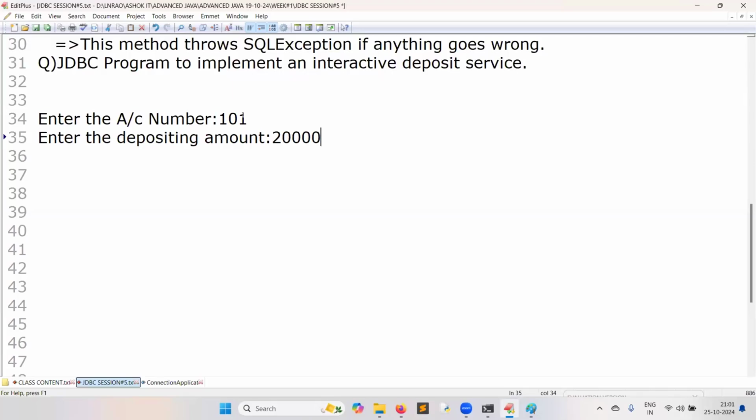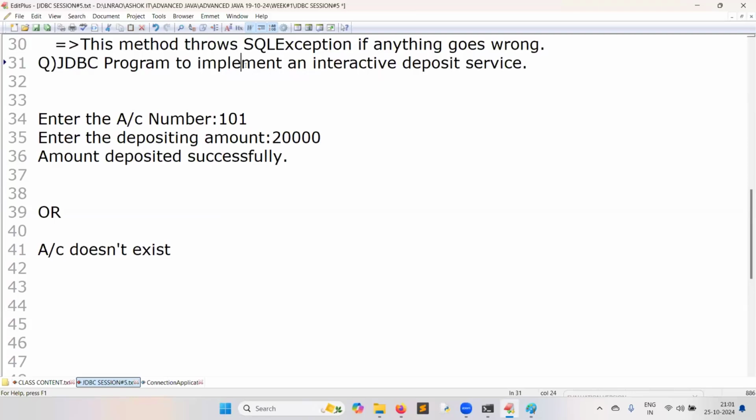Assume 20,000. Then what output should come? Amount deposited successfully. That's it. Or another possibility, account does not exist, because you might have entered a wrong account number. See, try to understand the question.